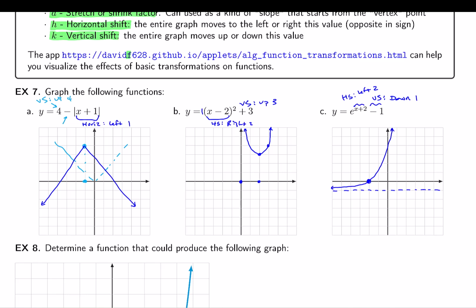And that's perfectly fine. The base does have an effect on the graph, which I'll show you later, but it's a little bit more difficult to really draw that in accurately anyway. So for the most part, just kind of draw in the shape and you're fine. And actually, you know what? I'll just show you real quick the effect of